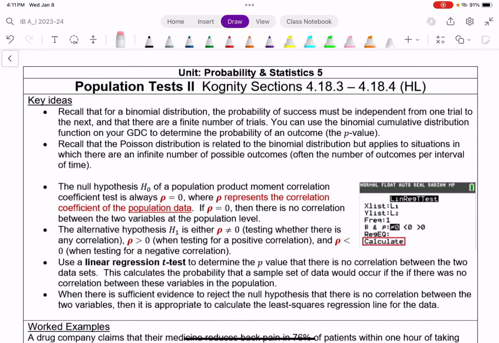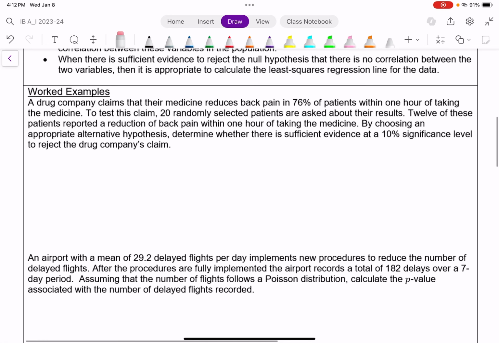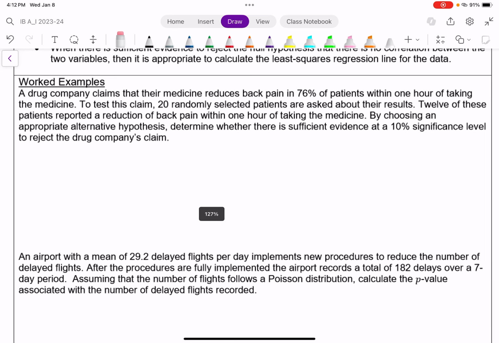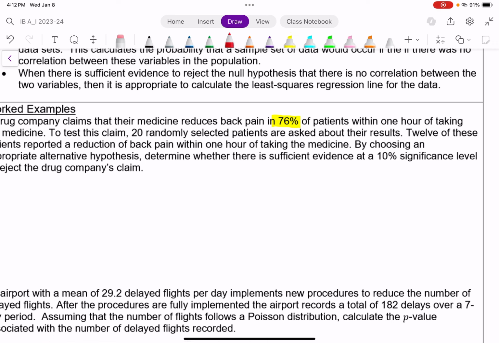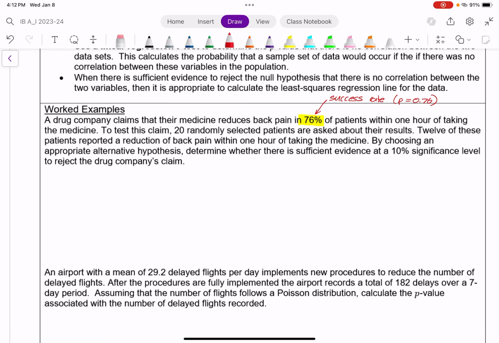All right, so continuing looking at population tests, we have a number of things to look at. First, let's go back to the ideas of a binomial distribution. We have here a drug company that claims their medicine reduced back pain in 76% of patients within 1 hour. We're going to think of this as being the success rate. So in a binomial distribution, this is our p-value. So p equals 0.76, because according to the drug company, 76% of the people, independent of one another, have success